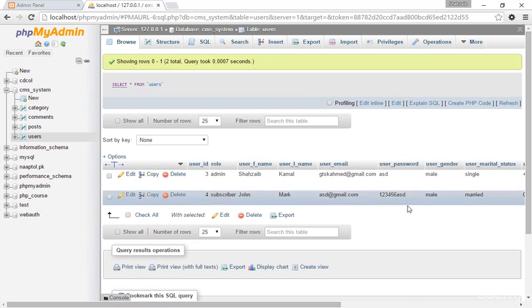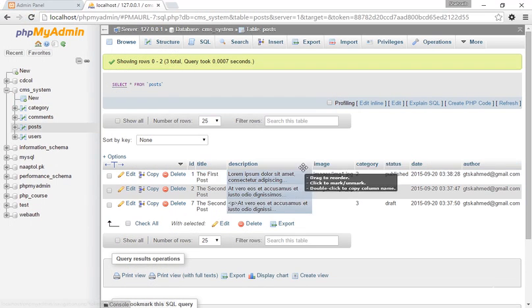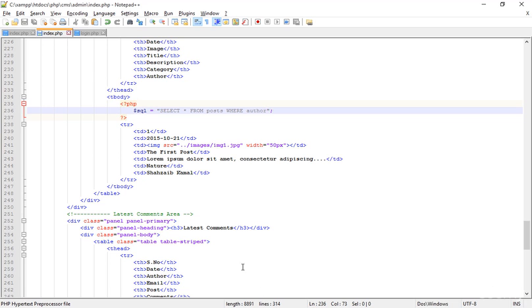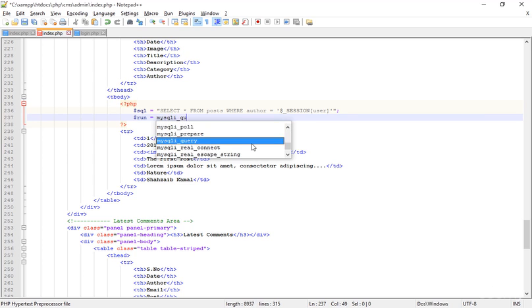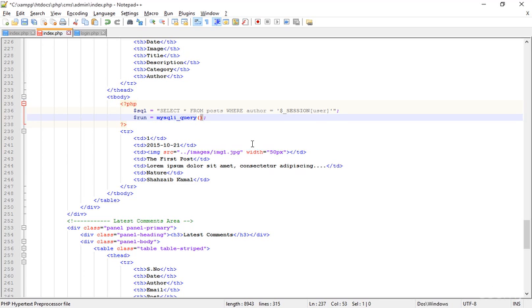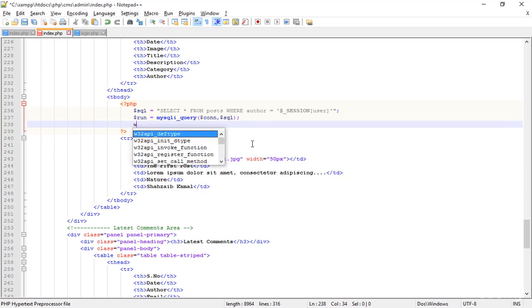Go there and you can see that if I click on post, now you can see this is the author name. So I'm going back to the notepad, and where author is equal to, now the dollar and session. Okay, the session user is actually the author. So press enter and run, and mysqli, oh, not in this way, mysqli query, oh, equal to sign, and then mysqli query, and then cover that, and here the CONN and SQL sign, and then press enter, while loop, and then